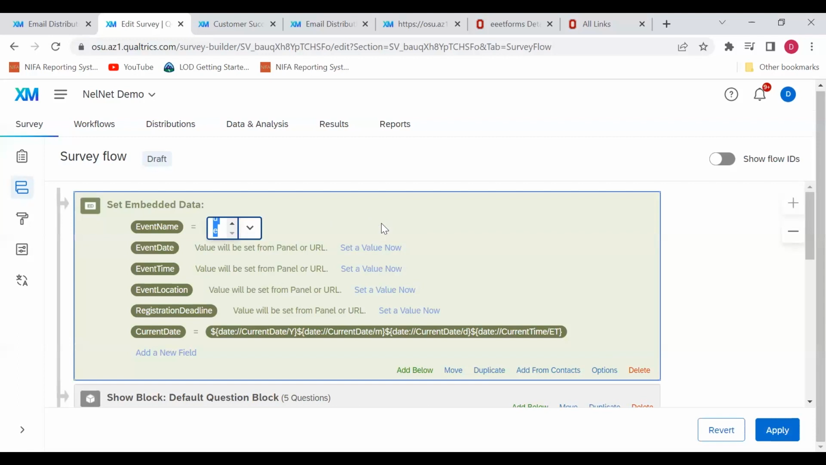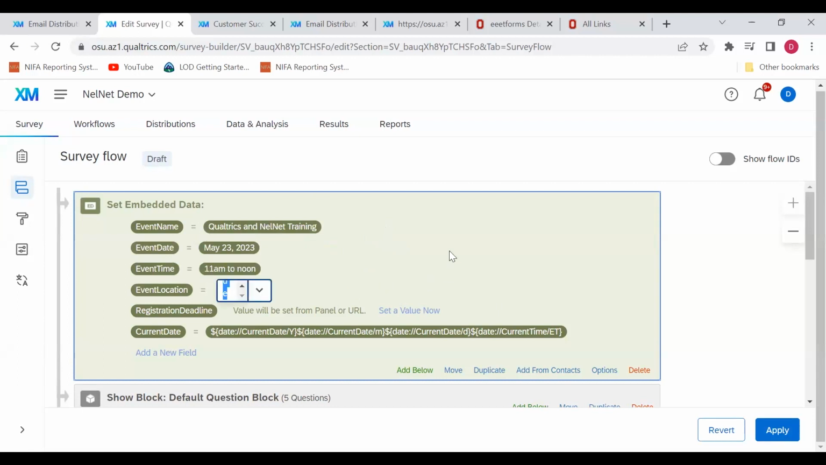So we're going to put the event name. So this is going to be Qualtrics and NelNet training. The event date. We're just making stuff up. And then the event time. Whatever you're typing in here is going to display on the survey once we click on that preview survey. So event location, so this might be OSU extension,